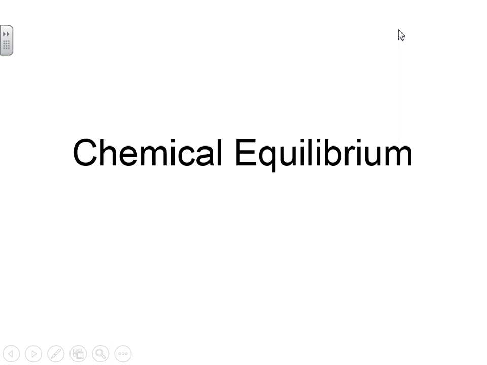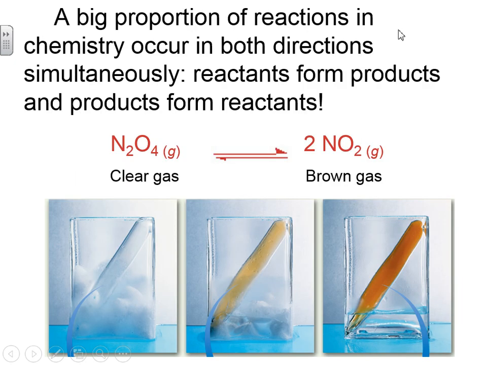Unit 8, Video 15. In this video we're going to introduce and just touch upon a very important concept in chemistry, the concept of equilibrium. We're going to apply it to acids, or introduce it in conjunction with acids, but it can actually be applied to many different types of reactions. Chemical equilibrium. The concept of equilibrium applies to a very big proportion of reactions and these reactions occur in both